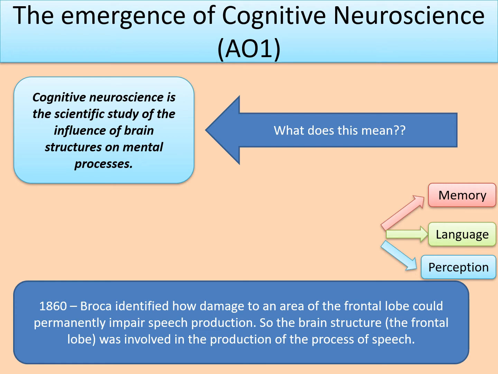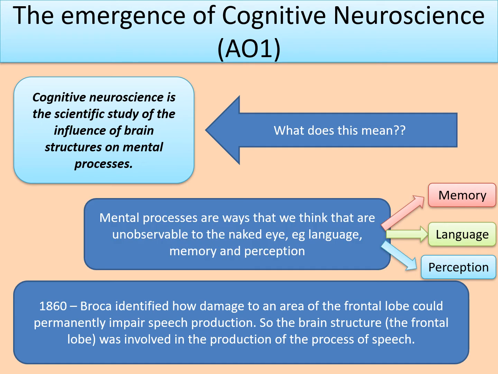And I've put there, what does that mean? Because chances are you heard that and it just washed straight over you. So let's look at that again. Cognitive neuroscience is the scientific study of the influence of brain structures on mental processes. So when we're talking about mental processes, mental processes are ways that we think that are unobservable to the naked eye, like language, memory, and perception. And so what cognitive neuroscience does is to look at the brain structures that are important for memory, language, and